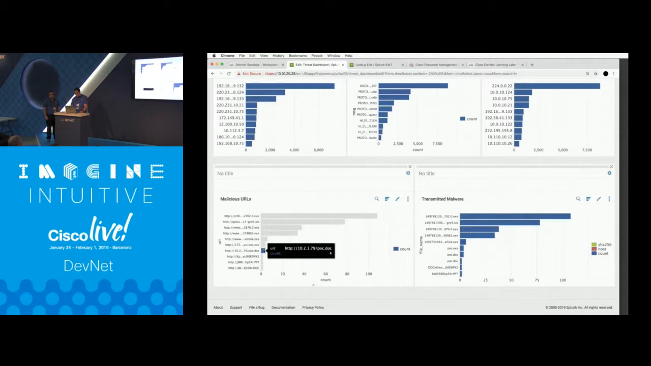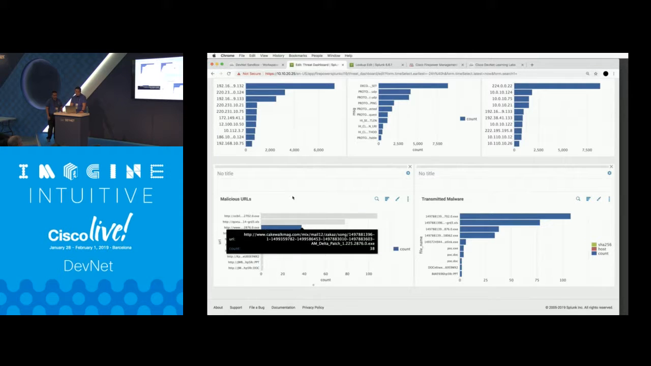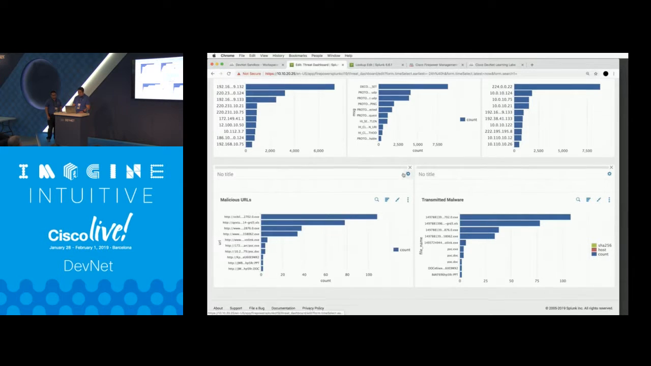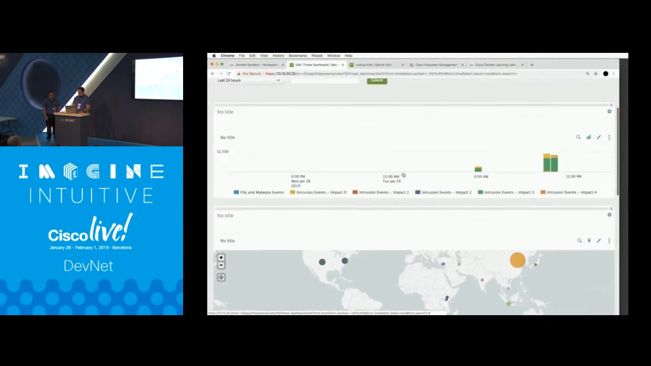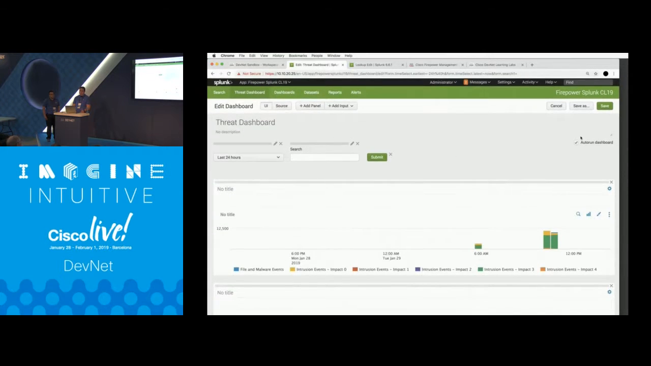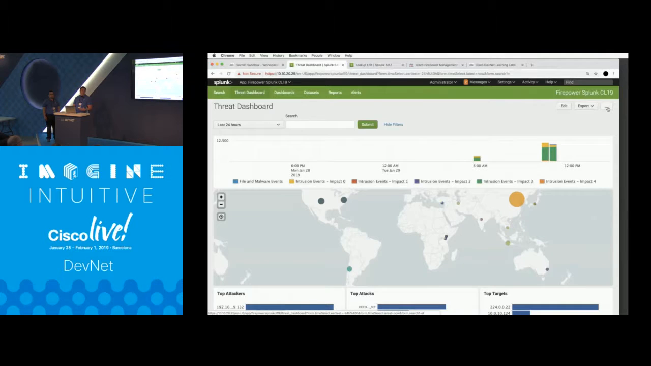So this is good. We're now able to visualize a little bit more information about the events that are coming from our Firepower instance. But now, how do we operationalize this information? How do we create an intelligence source from this information within Splunk? What we're actually going to utilize to do this